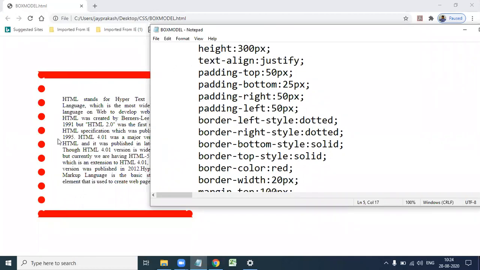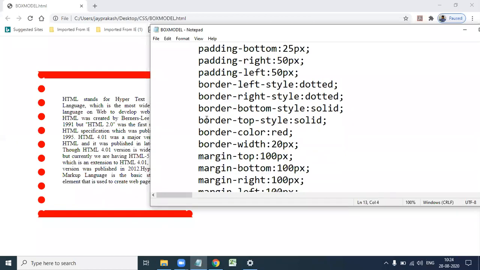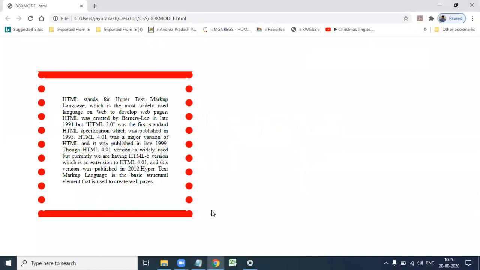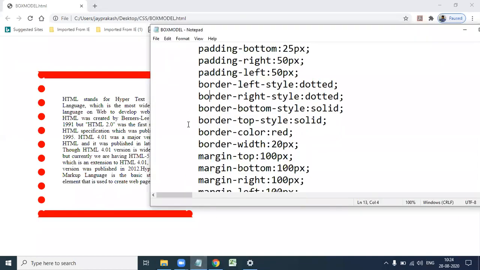Next, border: the left style is dotted and the right style is also dotted, and top and bottom are solid. That's why left and right are specified as dotted and top and bottom as solid. Suppose we give left as solid. Let us see the output.